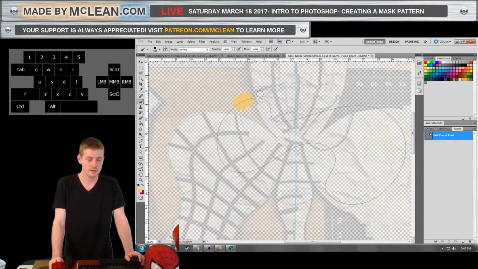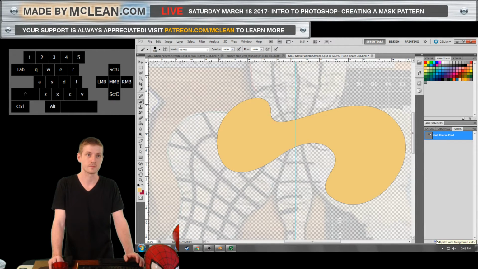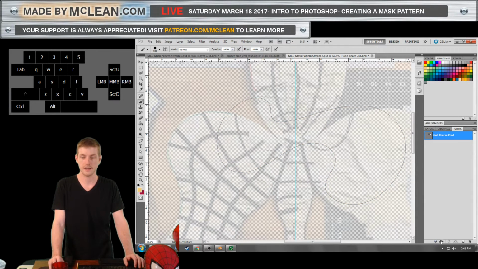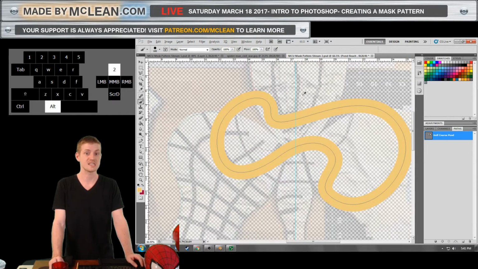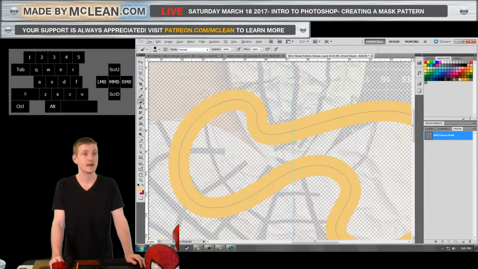And one of the cool things you can do with paths, basically one of the main reasons that it's so great, is down here at the bottom you have some options. You can fill the path, which is a really valuable tool, or you can stroke the path, if you have a brush selected or an eraser selected. You can actually erase by stroking. So here you can see that it created this